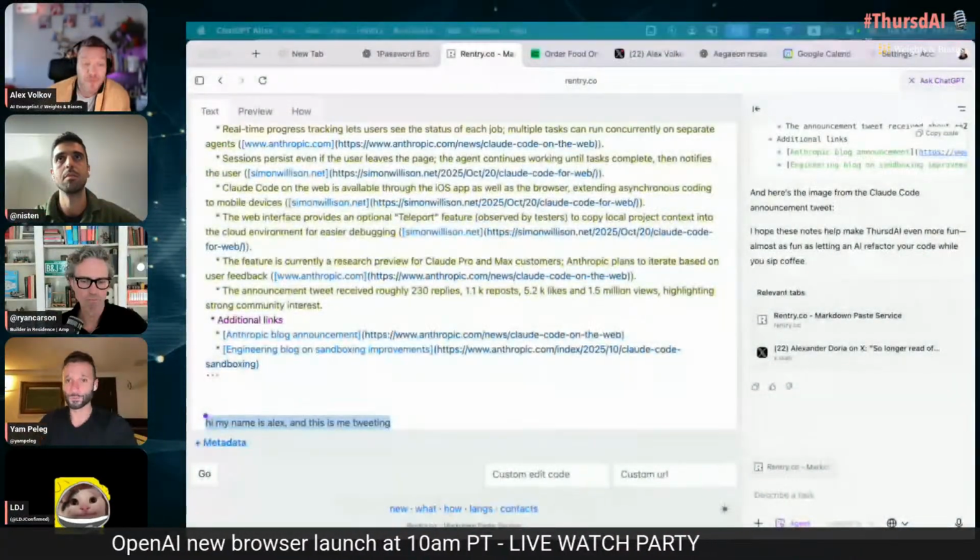Yep. Well, this is the feature set. This is the new Atlas browser from ChatGPT, folks. If you like this coverage, by the way, this is the type of stuff we do here on Thursday. We do watch parties for major releases. We cover the news every Thursday. As you saw, the preparation agent that I have, there's going to be more stuff by the end of Thursday for sure. We are expecting to see the responses from Google, the Chrome browser company,